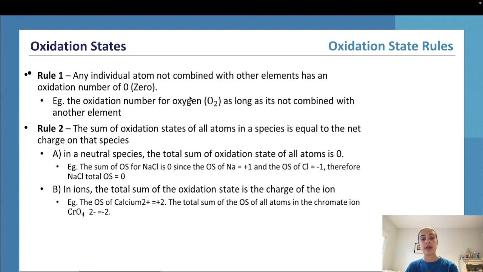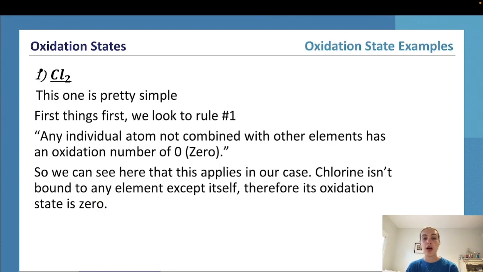And remembering our example was O2, that's purely made up of oxygen, no other elements in there. Despite it being 2 oxygen atoms, it's still only made up of oxygen. So our first example we've got is Cl2. It follows that same general rule,